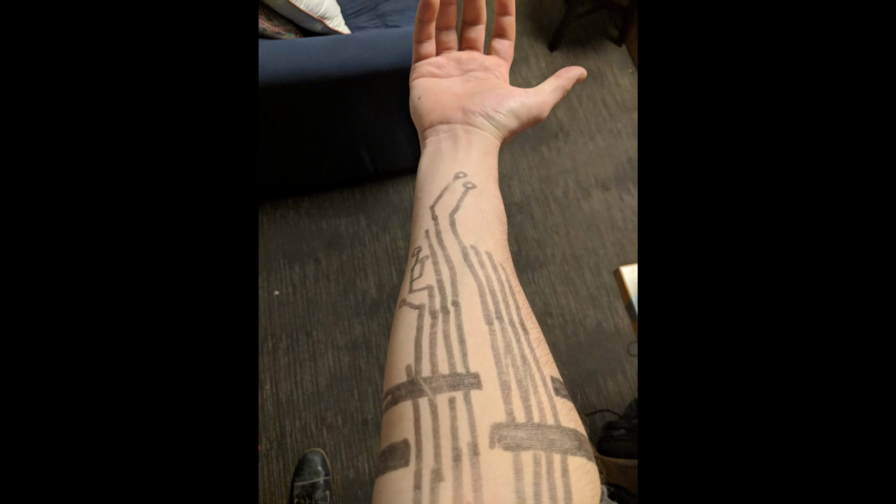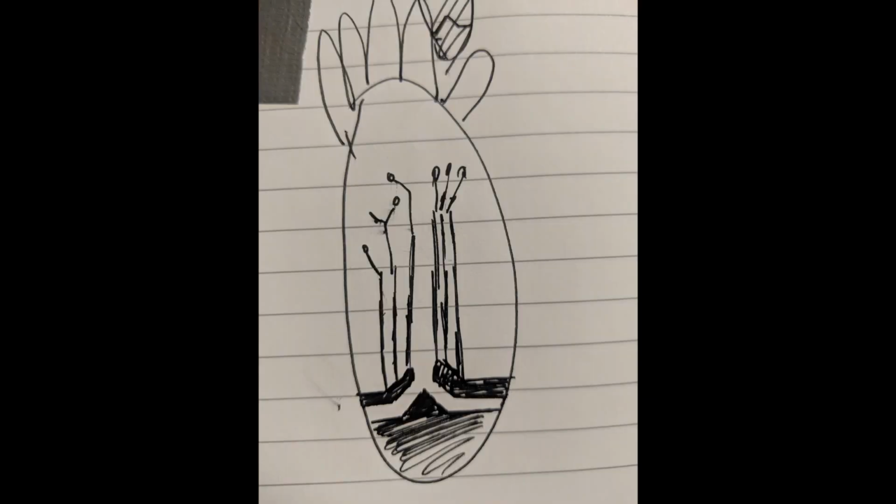So here is my arm, a blank canvas, and here I just started drawing on my arm. I just started drawing some ideas of what the circuitry could look like, and this was my final picture. So this is kind of the tattoo design I drew, and then I...